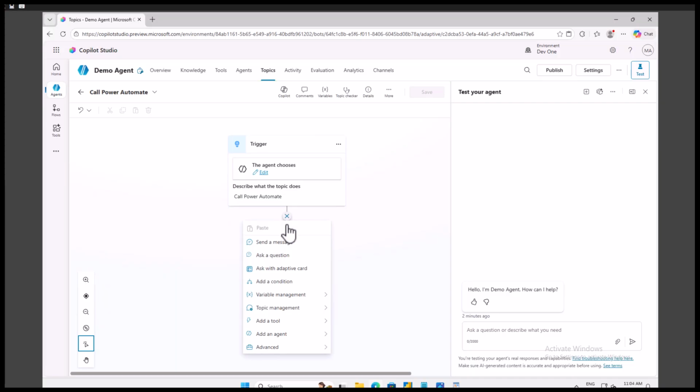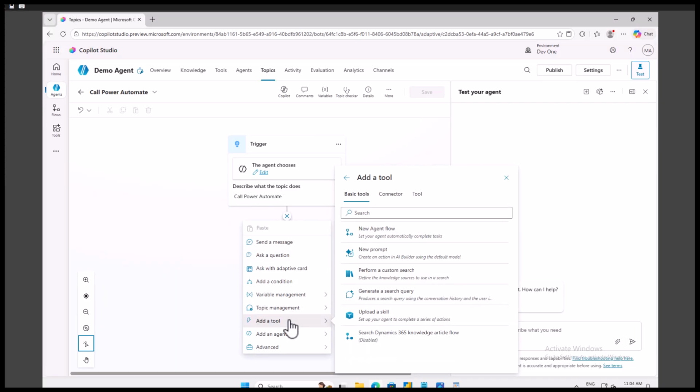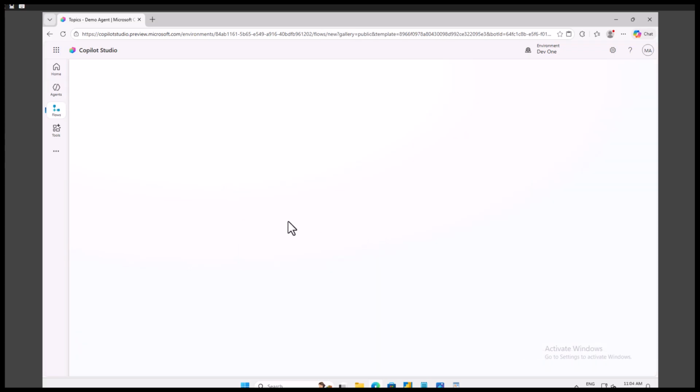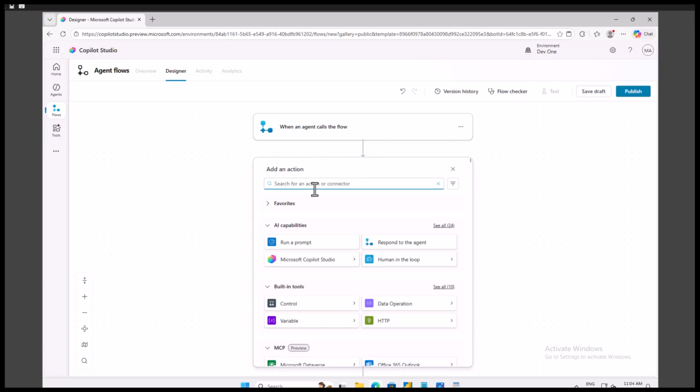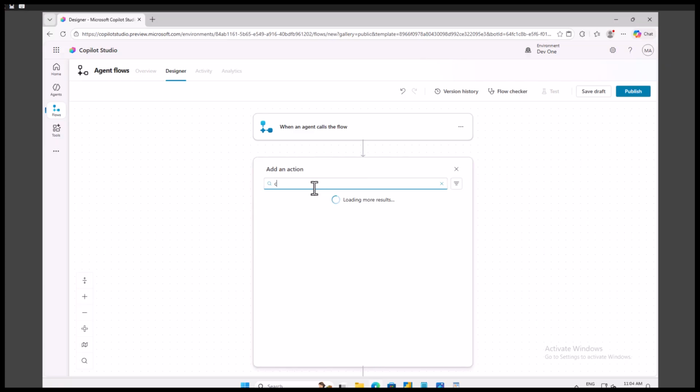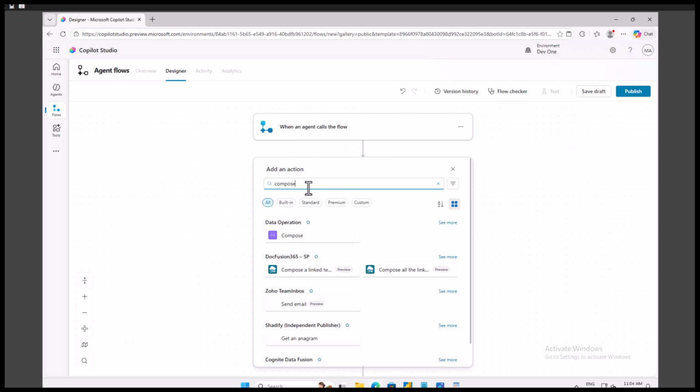And now I'll click on this button, and here I have the option to add a tool. I can click on this new agent flow. Okay, so here if you see, it will automatically get triggered when an agent calls the flow, and it will respond to our agent as well. So in the middle of this, I will do a simple operation which will show me today's date. So let me click on compose here,